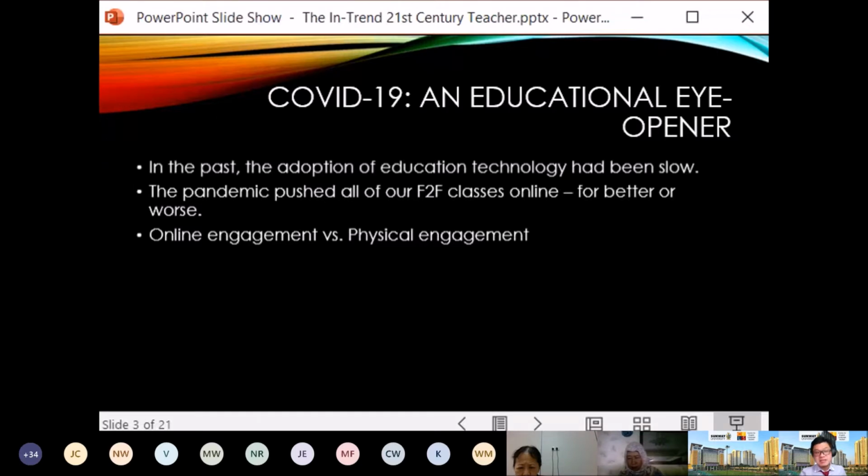Even in my online classes, it is such a chore to tell them to turn on their webcams. I would spend 10 or 15 minutes just telling them to turn on their webcams. In the beginning, all right, but right now I make webcams an attendance requirement, so they have to turn on their webcams. If they don't, I consider them absent from my class. So it became a lot easier, but it was certainly a challenge back then.